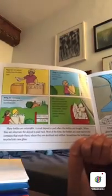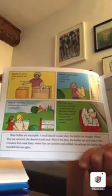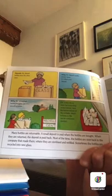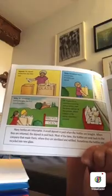So let's see how you recycle. So many bottles are returnable. You might have noticed at the grocery store, there's often a machine where you return bottles. A small deposit is paid when the bottles are bought, and when they're returned, the deposit is paid back. Most of the time, the bottles are sent back to the company that made them, where they are sterilized and